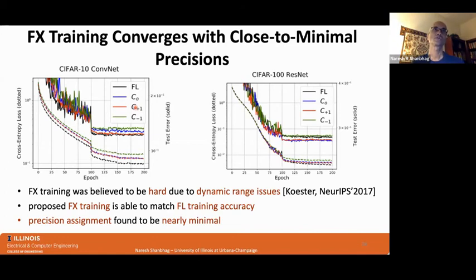All right, so this tells us that the precision assignment is indeed a good one, and that you can come to it without having to search over a very, very complex search space, right? We have so many network parameters, and each one can be assigned a unique precision. That search space is very hard to navigate, but these kinds of theoretical insights do help us.